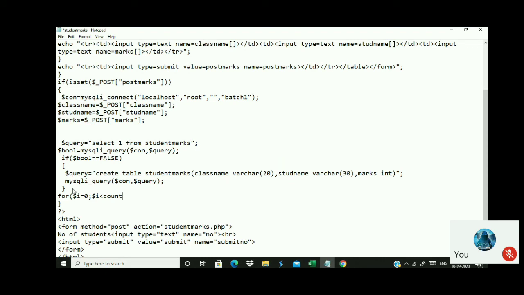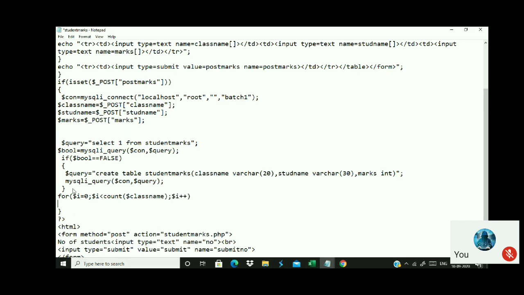If you enter information for 3 students, there will be 3 class names, 3 students and 3 marks. So I'm counting class name, dollar class name, dollar i plus plus. That's it.